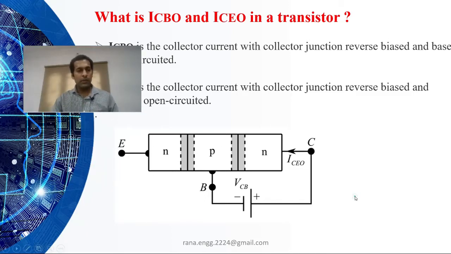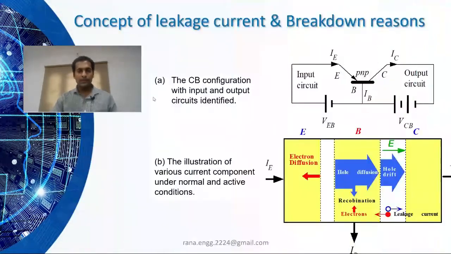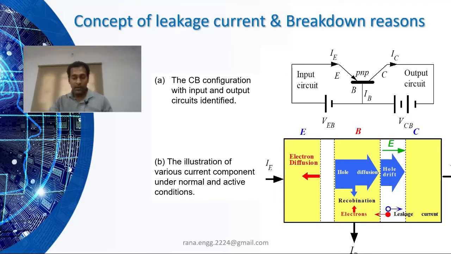Now let us see in detail about what are they. So we will compare the transistor circuit. We have PNP transistor now in this case. We should practice with NPN as well as PNP transistor, so that in examination if they ask us about PNP, we should also be able to answer about PNP transistor. So this is a common base configuration because base is common for input side and output side. Emitter is input terminal, collector is output terminal, right?